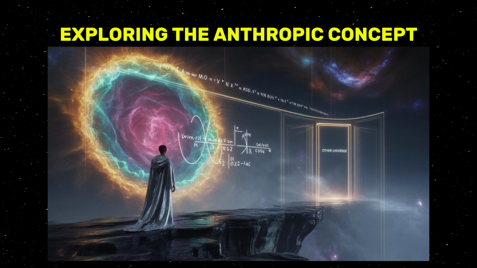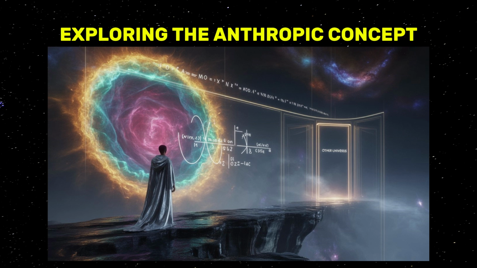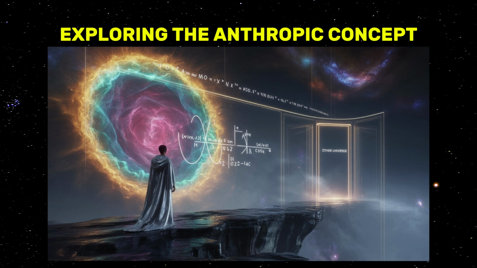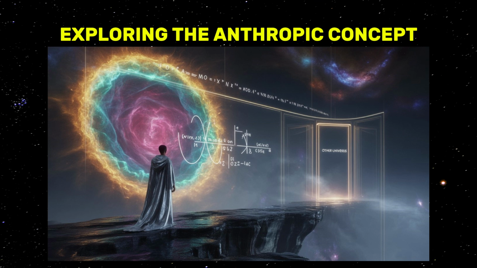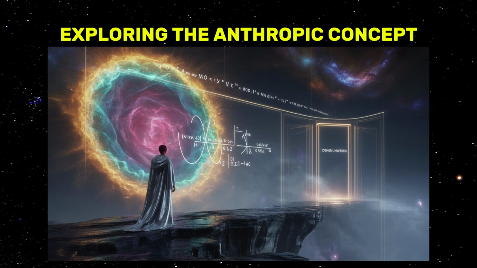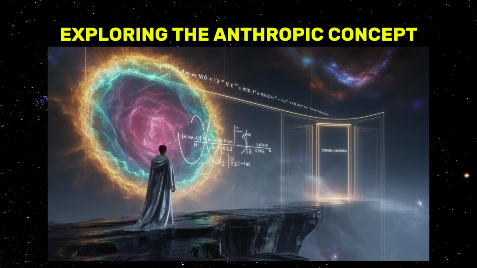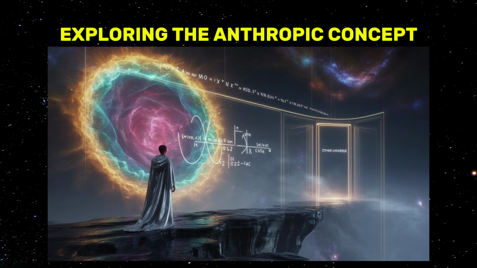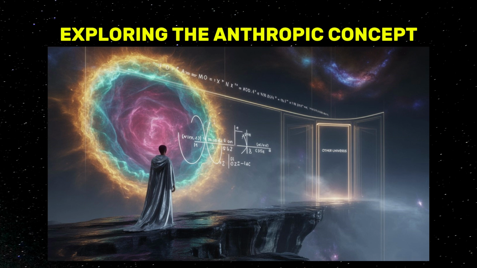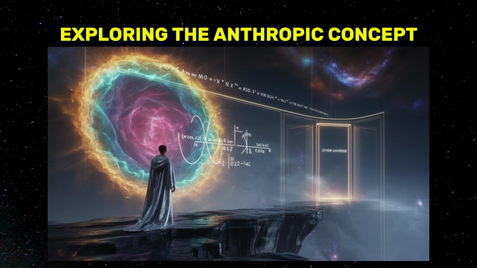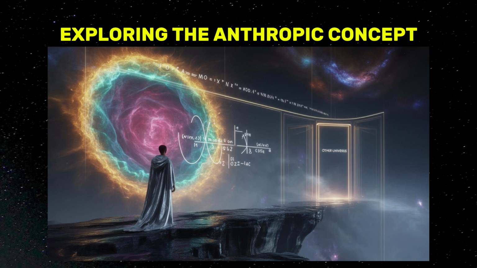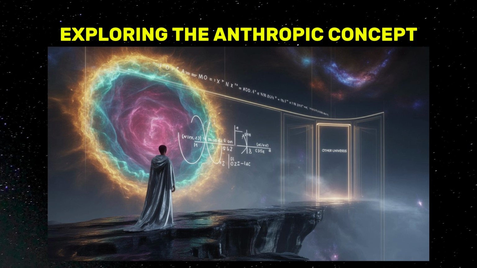Some researchers and thinkers claim that the anthropic concept lacks scientific rigor because it doesn't yield testable predictions. They argue that it feels more like a philosophical dodge than a genuine explanation, offering an easy way out of deeper scientific inquiry. Nonetheless, other scientists defend it as a crucial part of cosmological reasoning. To them, it keeps researchers from chasing unnecessary explanations for features that are simply prerequisites for us to be here.